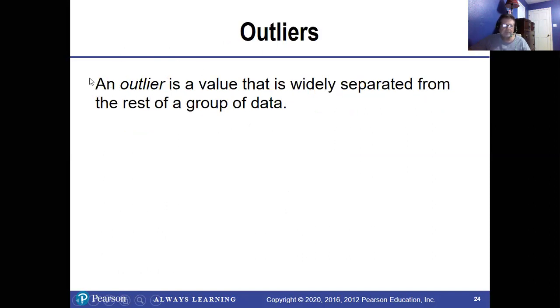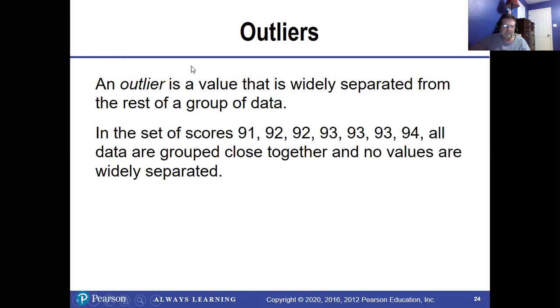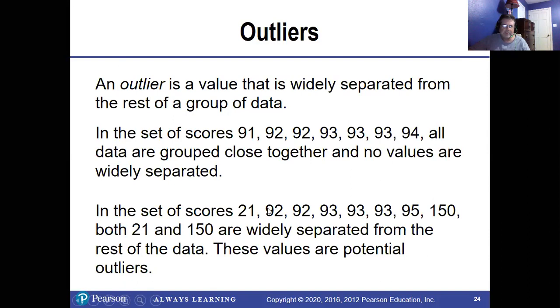Okay, now in the previous section, we talked about an outlier. By definition, an outlier is a value that is widely separated from the rest of the group. But there is a way of finding if something is an outlier. In the set of scores 90 through 94, all data is grouped close together and no values are widely spread apart. No outliers. But if I added 21 as a low and 150 as a high,